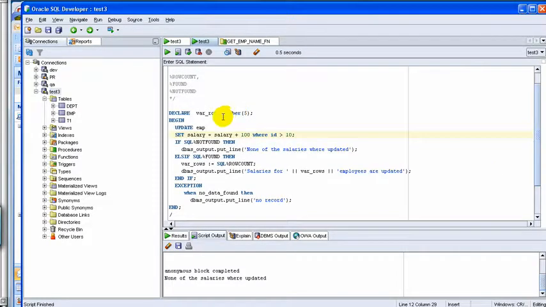DML statements, by the way, if you're confused, what does it mean? DML stands for data manipulation language. So delete, insert, update and select are called DML. And then there is another term called DDL, data definition language, which is used mostly to create table or drop table or create procedure and that sort of thing. So when you're doing something with the data, you are involving DML. But when you're creating objects like tables or